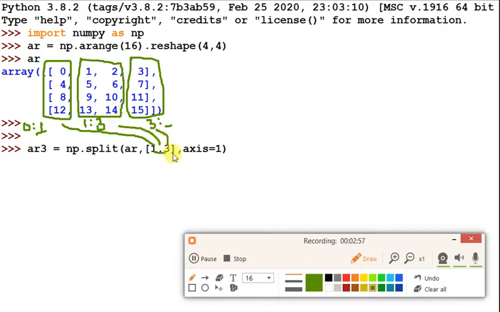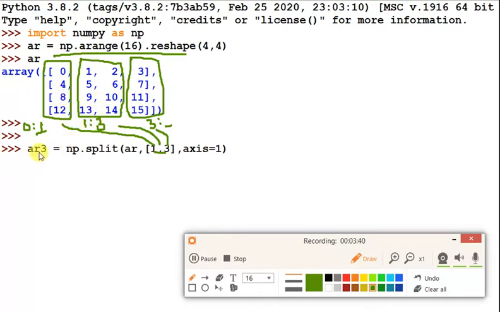And then the last one is 3 to rest, which means extract the columns from the third index to the rest. And axis 1, because I want to divide in horizontal subsets. This is axis 1, a horizontal subset, so it divides this way. If you want to divide into vertical subsets, then we have to pass axis 0. And because it is divided into 3 different parts, we have to use 3 variables.